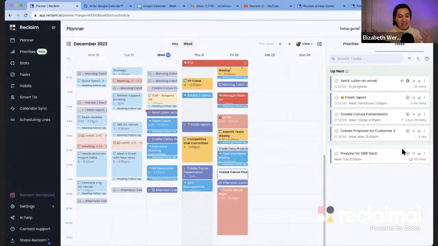So that's tasks and habits, which really allow you to make time for the things that your personal priority is, making time for your to-dos and the routines that you want to get done. But Reclaim also facilitates collaborative features, including smart one-on-ones and scheduling links, which allow you to not only optimize the way that you make time for the things that you need to get done, but also optimize the way that